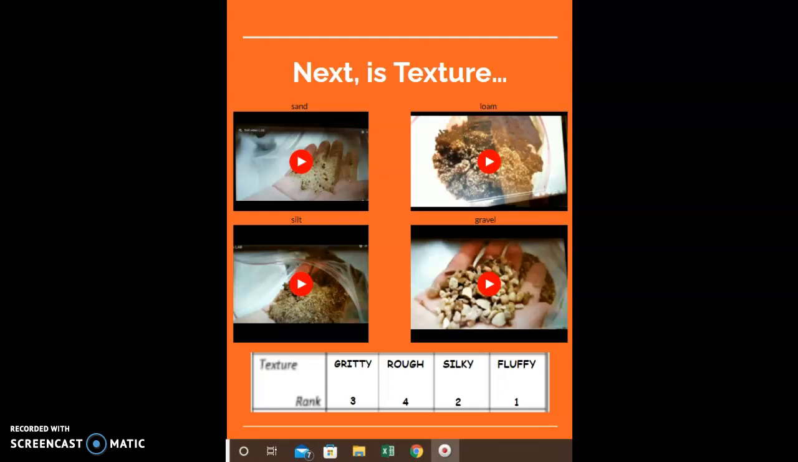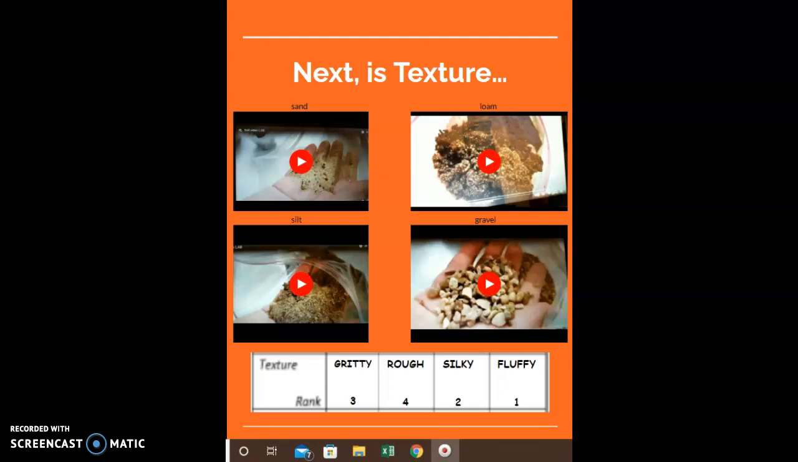So when I ranked those, remember we were ranking them from smoothest to roughest. Fluffy would obviously be 1 for smoothest, and then the silky feeling would be number 2 for the silt. 3 would be the gritty for the sand, and then rough would be the hardest texture, so that would be 4 for the gravel. So go ahead and make sure you have those written in your texture box of your chart, and we're going to move on to